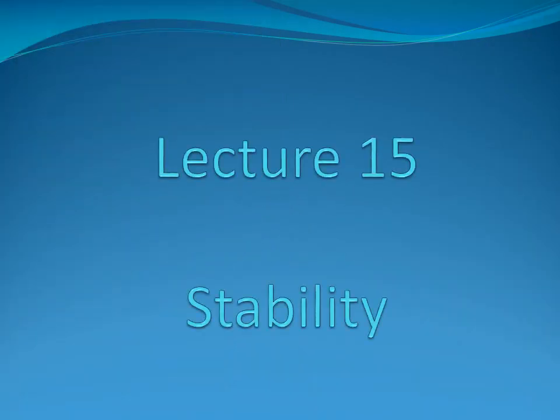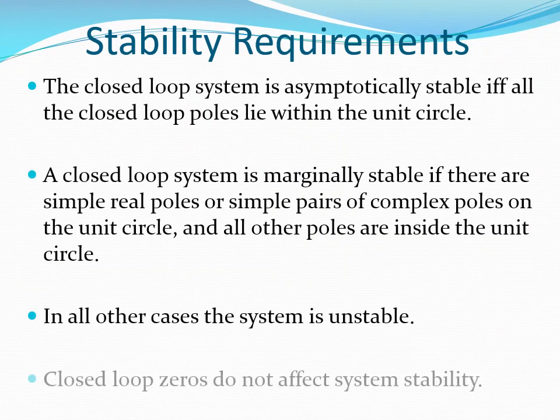In this lecture, we want to look at the stability of discrete control systems. We can tell the stability of a discrete control system from the positions of the poles in the z-plane. A closed-loop discrete control system is said to be asymptotically stable if and only if all the closed-loop poles lie